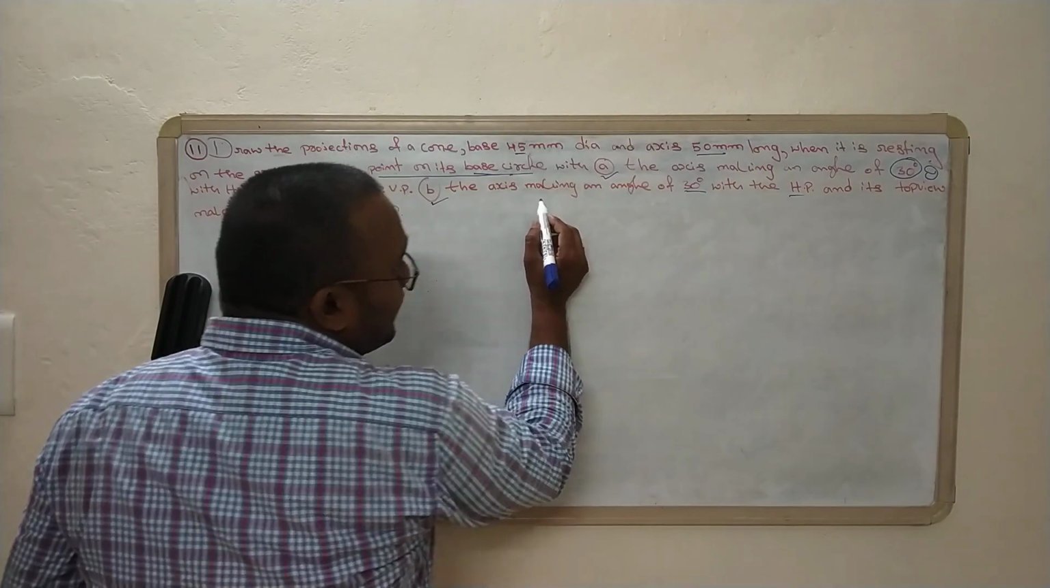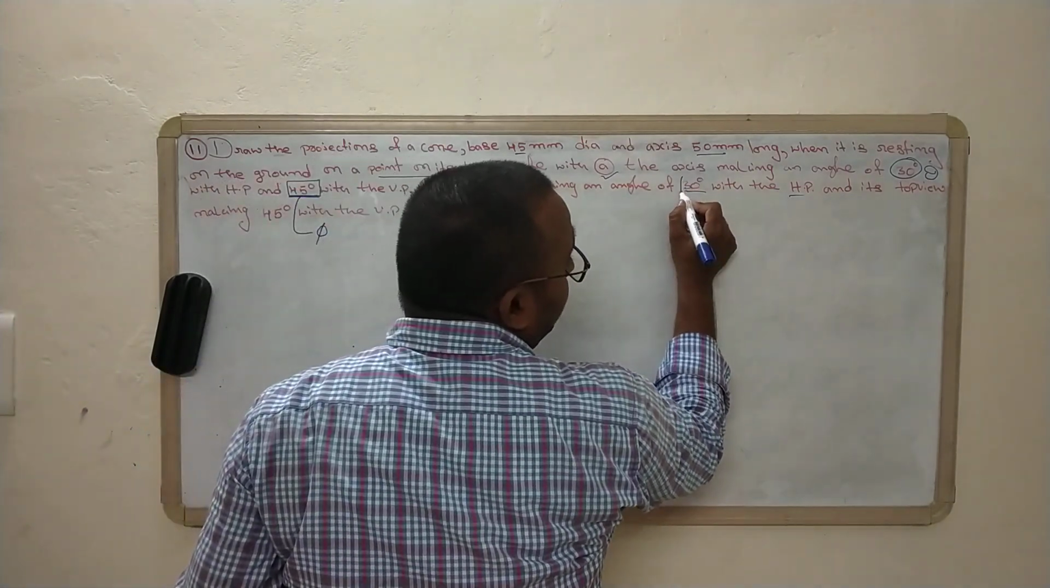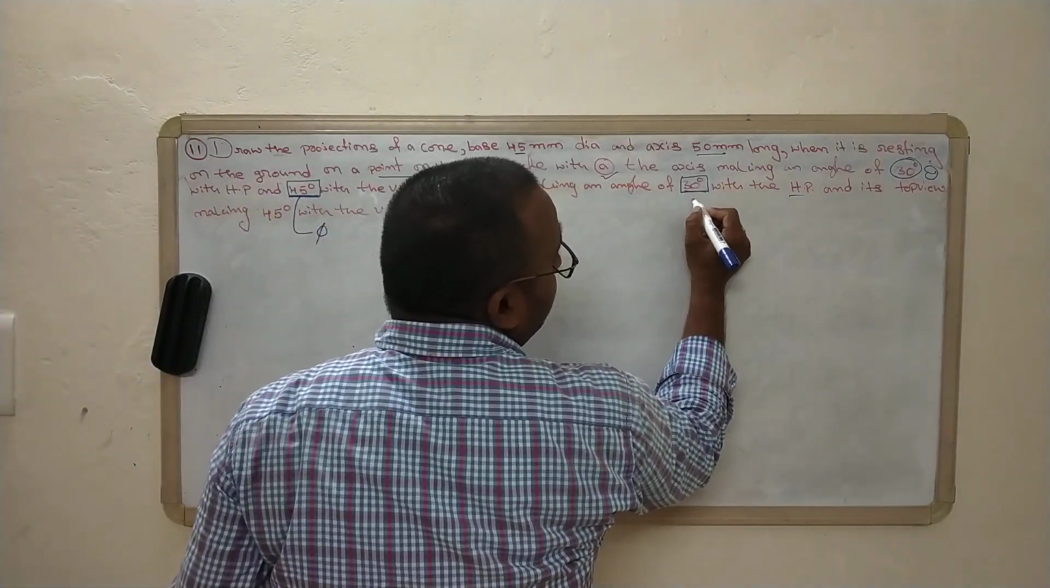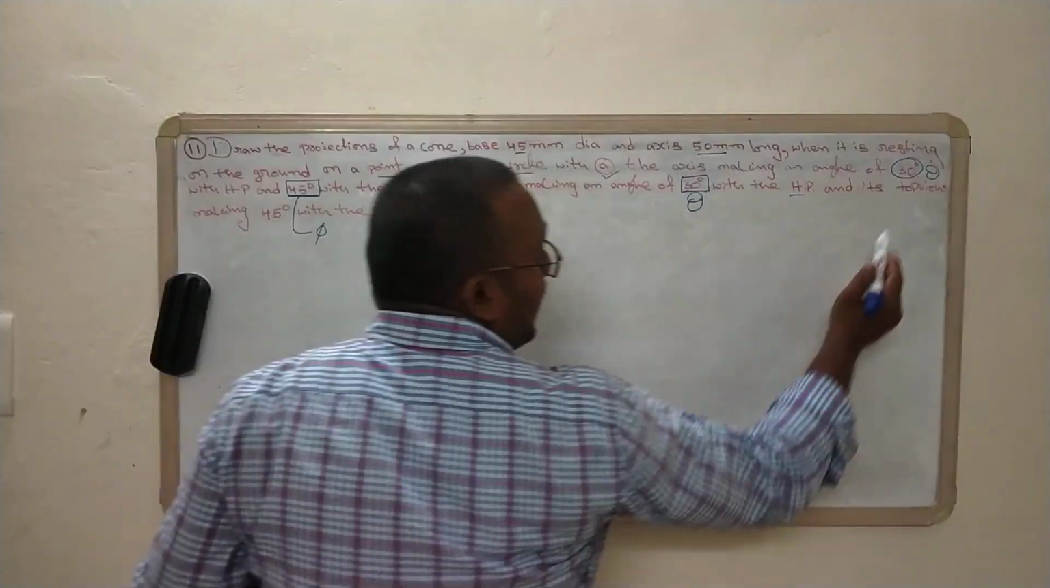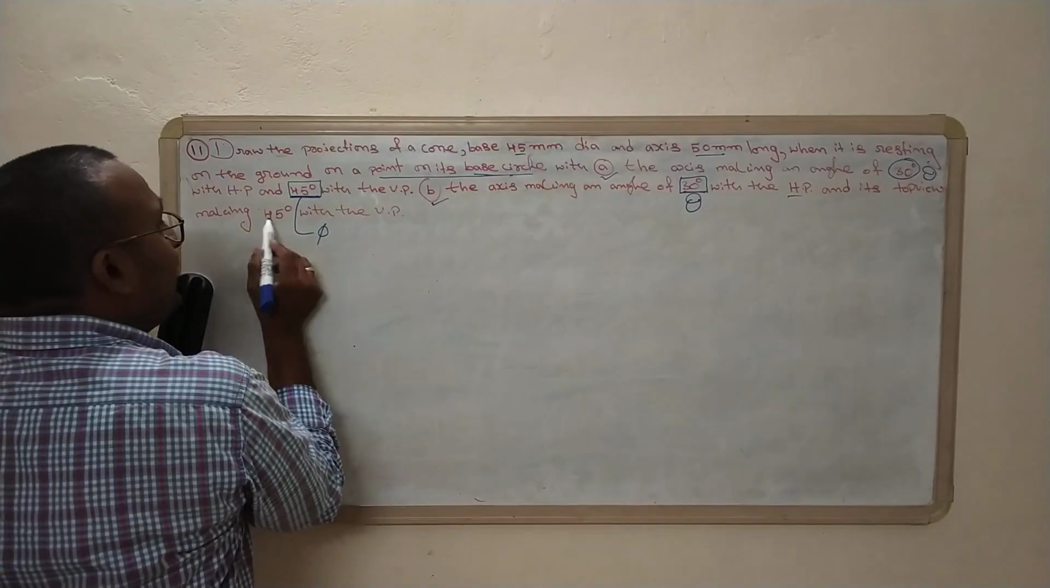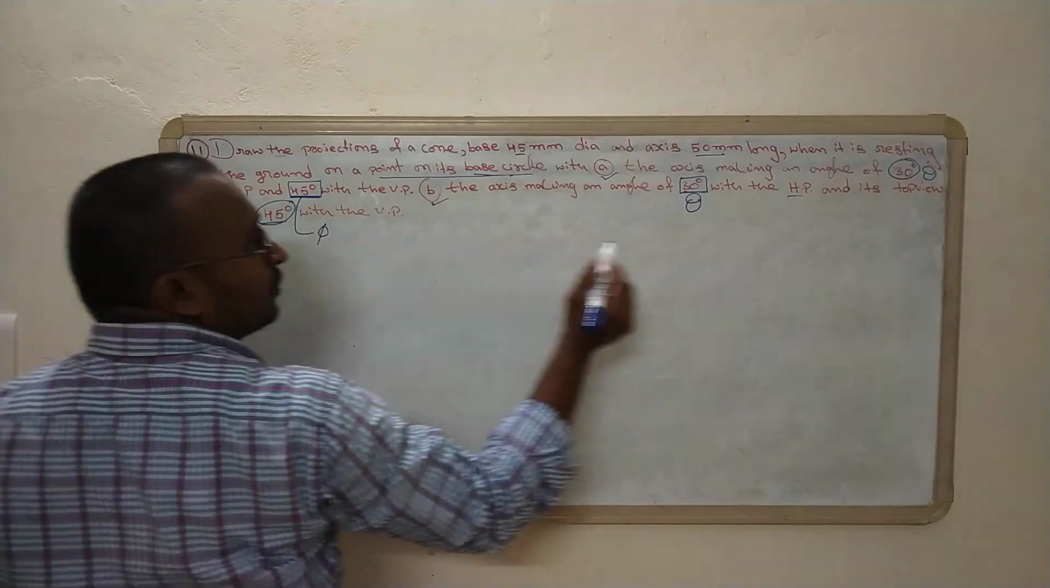Here you can see the axis making an angle of 30 degrees with HP, that is called theta, and its top view making an angle of